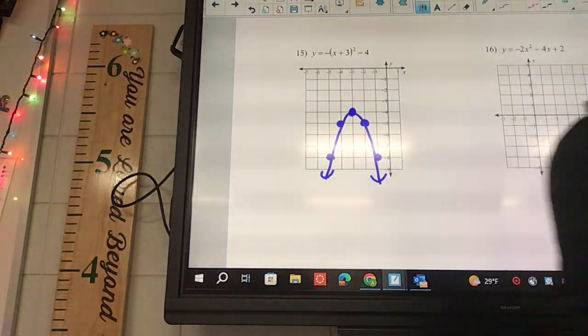Okay, you guys have 8 to do. It is absolutely imperative that you practice, because that's the only way you're gonna get